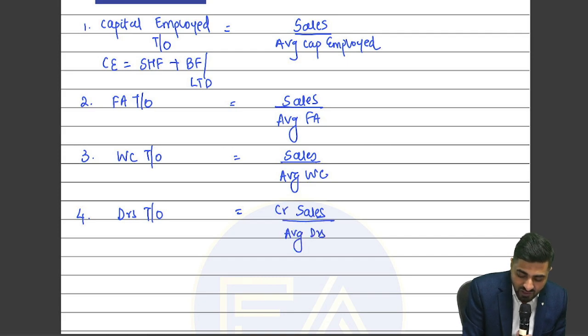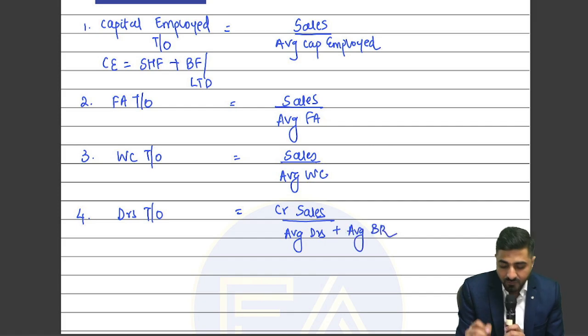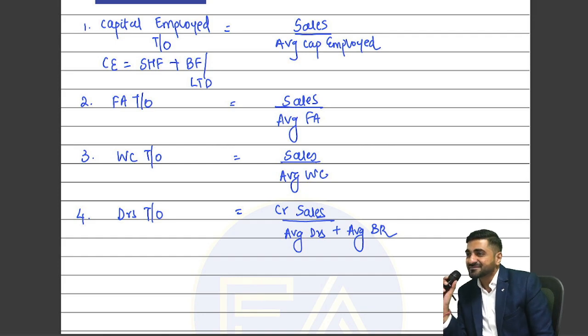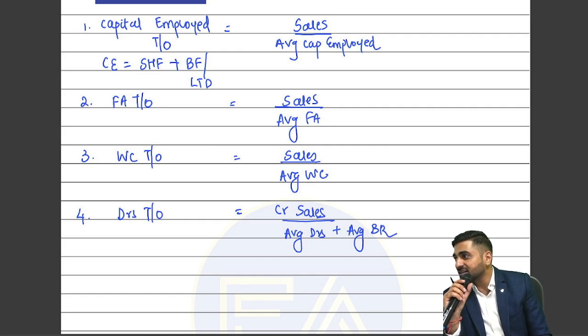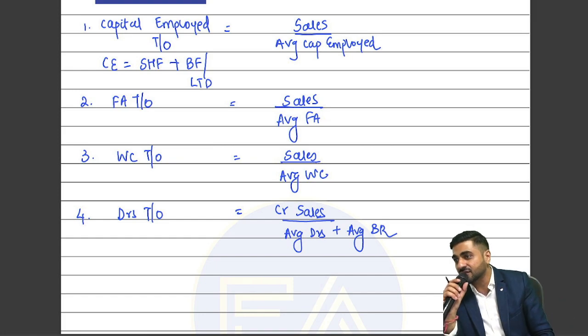Debtors only comes because of credit sales, right? And when there are average debtors, there is also possibility of average bills receivable. Come on, yes or no? Yes, sir. So it can also be credit sales upon average bill. Awesome, guys. Okay. So on this basis, can I calculate my debtors turnover ratio? Come on, yes or no? Yes, sir. And debtors turnover ratio indicates what are the number of times the debtors will be converted into cash in a year. That is actually called as a debtors turnover.